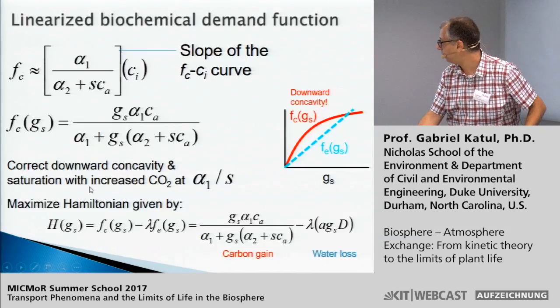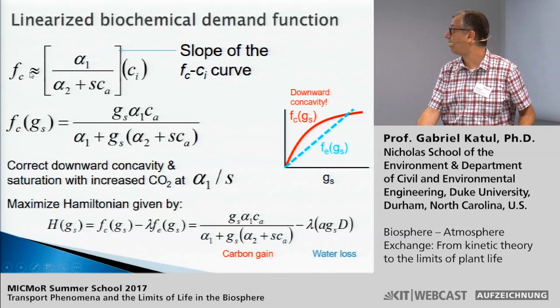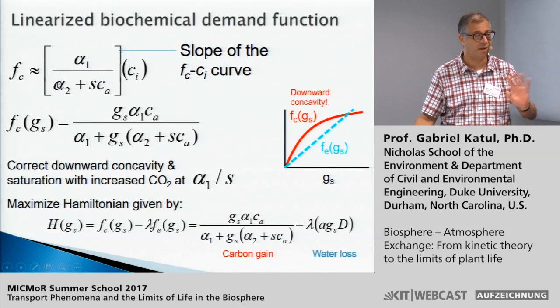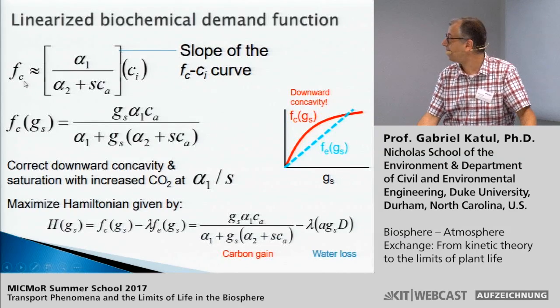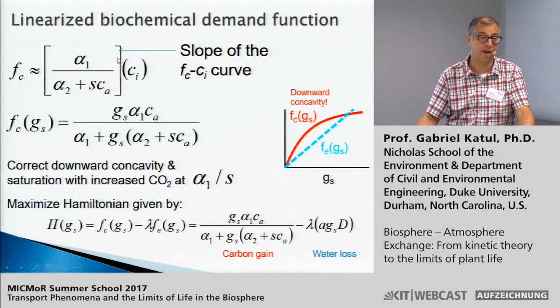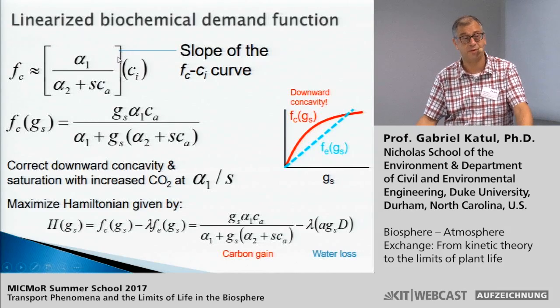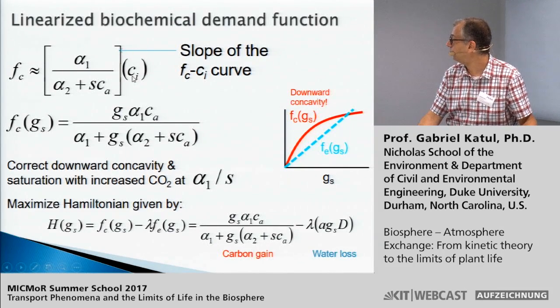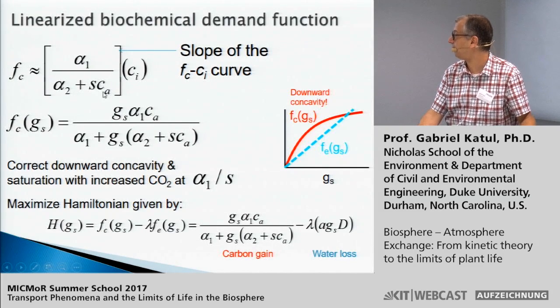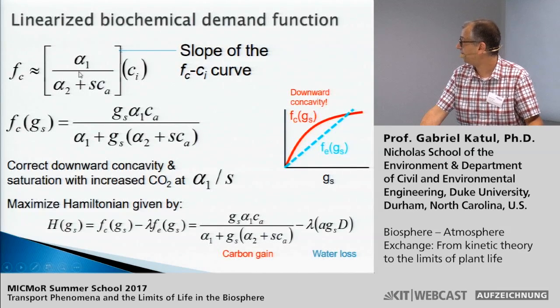So to do that, we will look at a linearized biochemical demand function, just because the equations become cleaner and everything becomes evident. And in fact, the linearity of the biochemical demand function would be appropriate if Rubisco limits photosynthesis. Okay. So now, if photosynthesis is linked to internal CO2 concentration, the linearization happens here: rather than have the denominator of this equation dependent on Ci, we are replacing it by some long-term Ci over Ca quantity multiplied by Ca. So that's how the linearization is done.